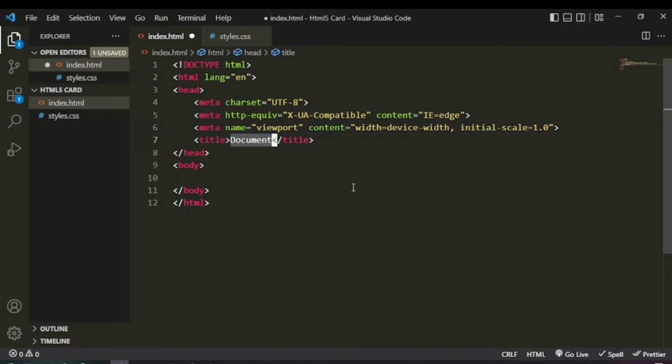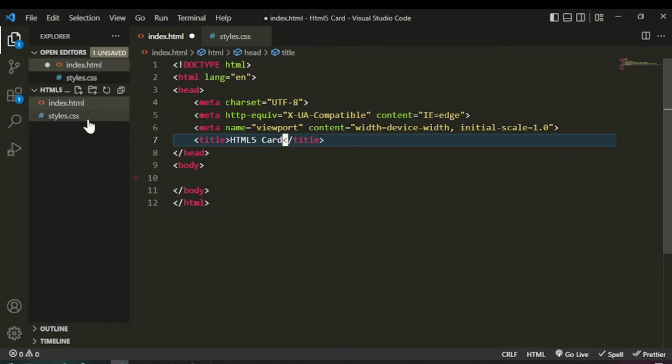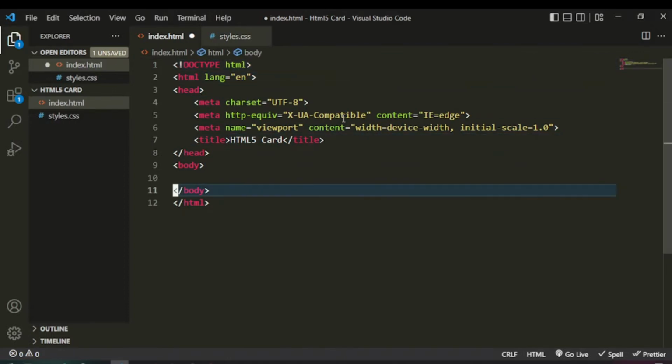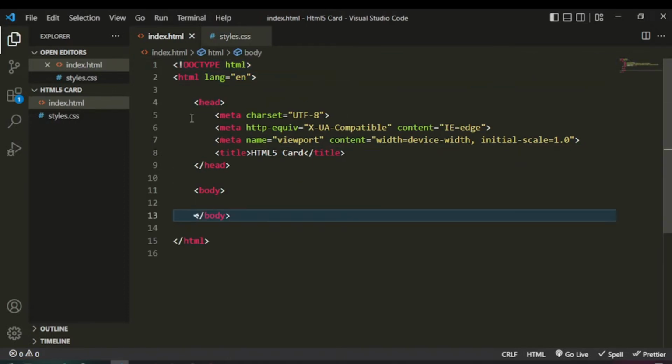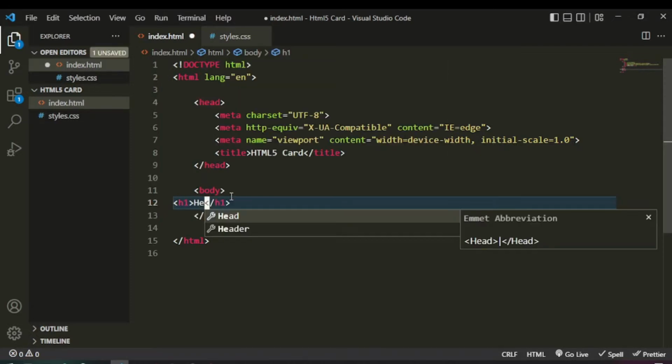So make we just change this title. We already know what a title is, so make we change the title. Make we just call it H, in caps, so HTML5 card. So make we leave it like this because it's one card. So now we have our basic HTML, make we see whether it works. And then make we add text into our body to see say it works. So make we go here, we can add text. The text we want to add now is just a simple H1, right? So make we just say we want an H1, and then we just add any text here,